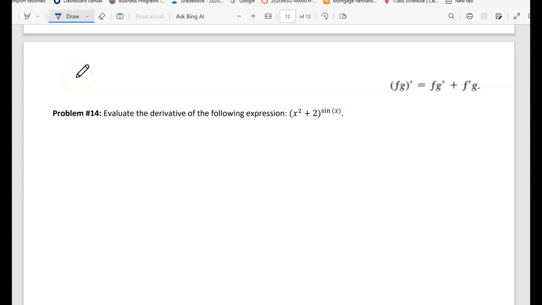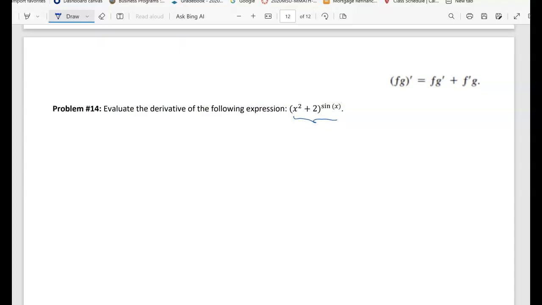Hi class, let's take a look at problem 14. Now, on problem 14, we happen to have a function that has an exponent that contains another function. So in this case, the best approach is to define that as a function. So let y equal x squared plus 2, raised to the